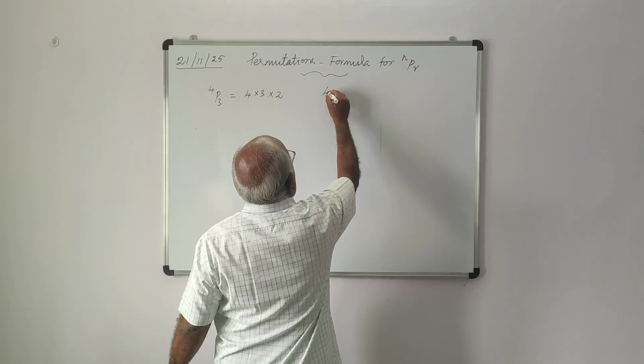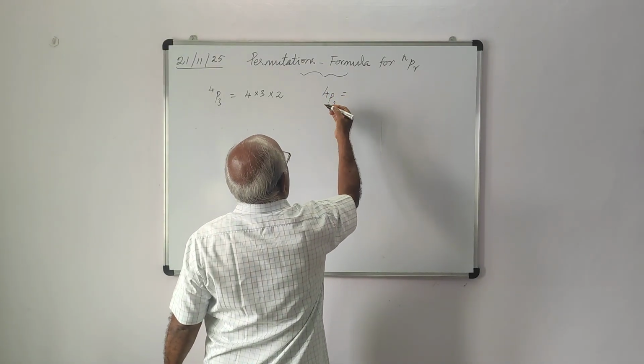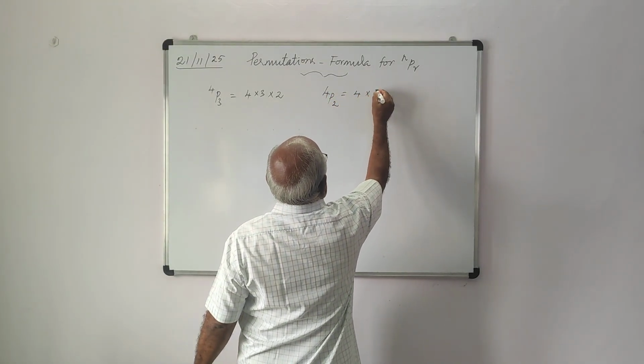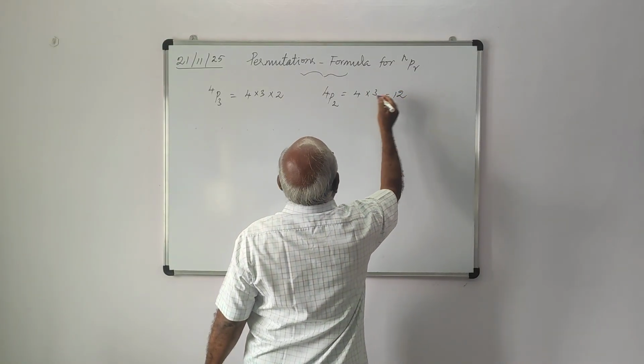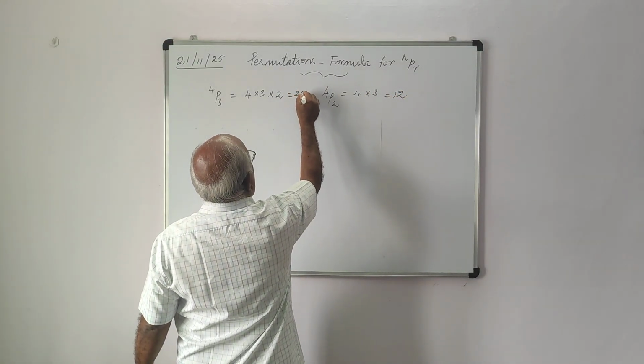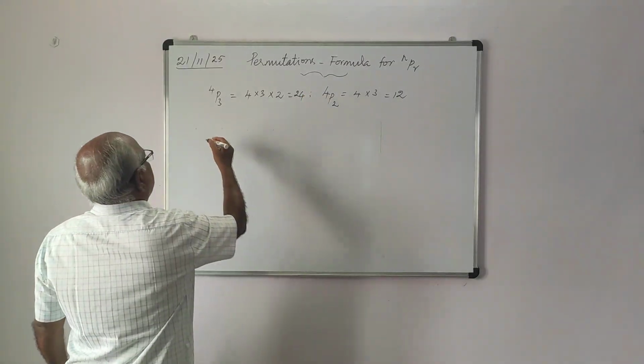Suppose 4P2, if you find 2 here, only 2 numbers should be there: 4 and 4 minus 1, which is 3. It is 12. And 4P3 is 24, and so on, like that. Suppose